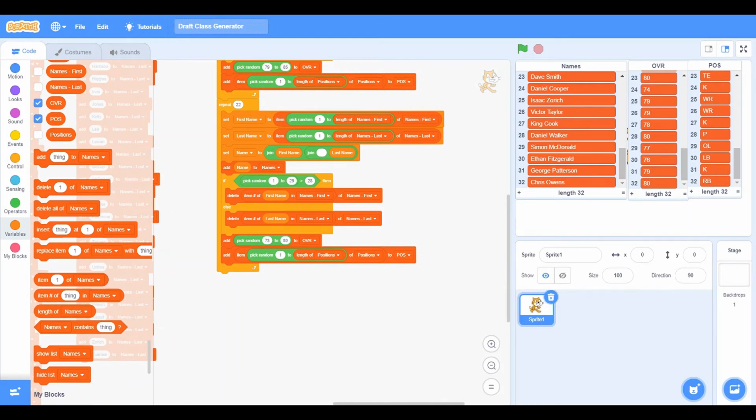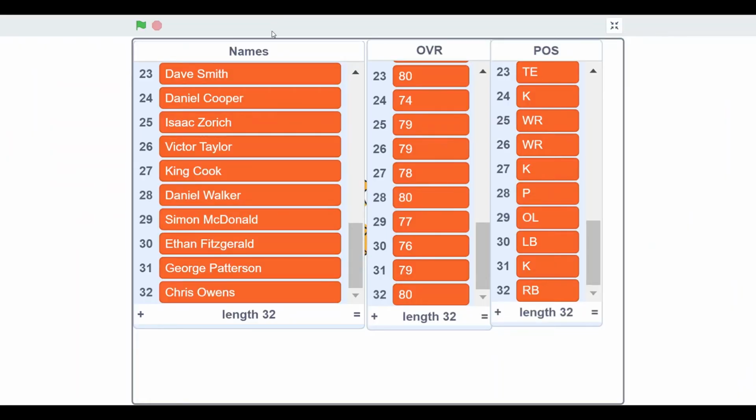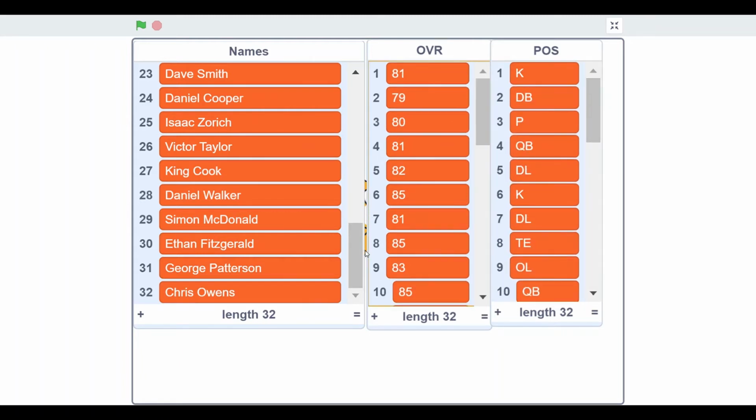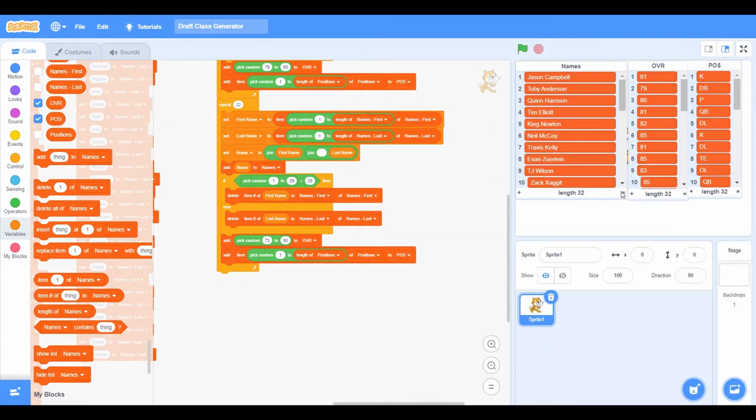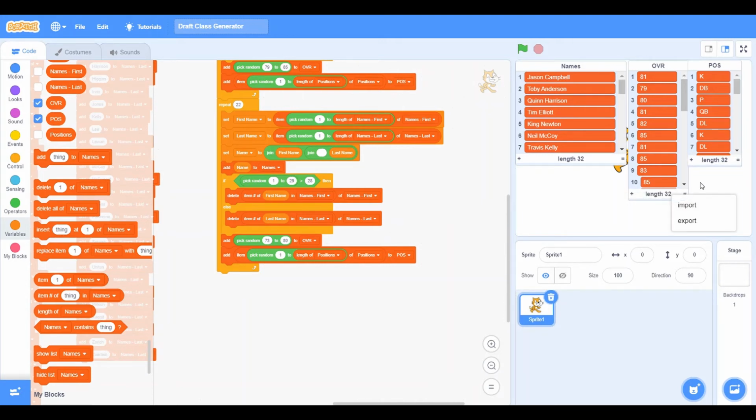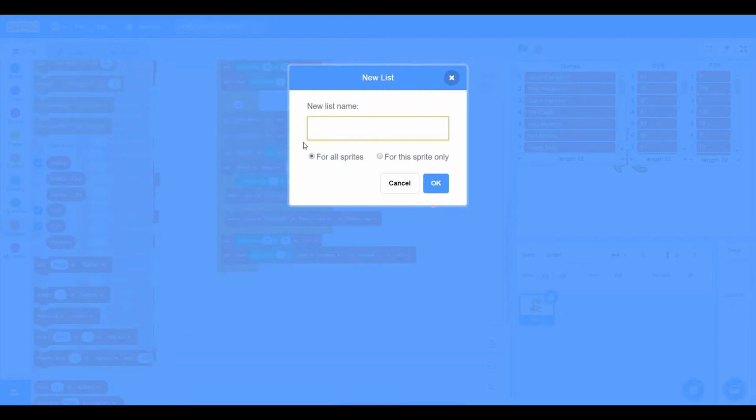So now, after doing that, we're going to do the drafting part. Now, what we're going to do is we're going to have to make 3 more lists, okay? So we already have names, overall and POS, which is positions, but it's the ones in the draft. So now we don't have to do this, but I'm just going to push this up a little bit right here. That way we can see, because we're going to have 3 other lists at the bottom, and that's going to be where our roster is. So now, make a list, and say, let's have roster, because we are making a roster